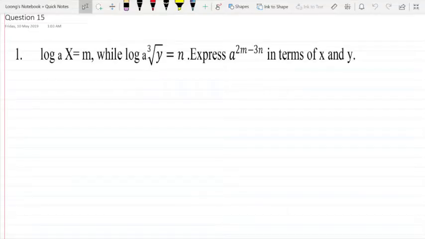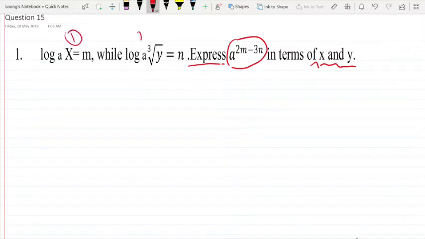Hello guys, now we'll be discussing question 15 of logarithm. As you can see here, the question told us to express a^(2m-3n) in terms of x and y. When dealing with this kind of question, the thing we want to do is change the question that they give us into another form, and in this case we change it to indices form, which is x